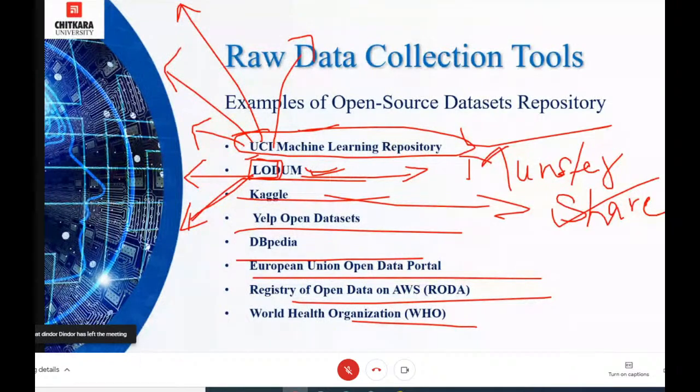The Kaggle platform supports different file formats, including CSV, JSON, SQLite, Archive, BigQuery. So you can find a variety of resources in order to start working on your open data project. The best part is that Kaggle allows you to publish and share datasets privately or publicly. The next is the ELP open dataset.